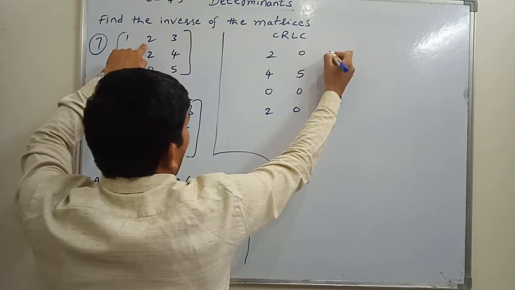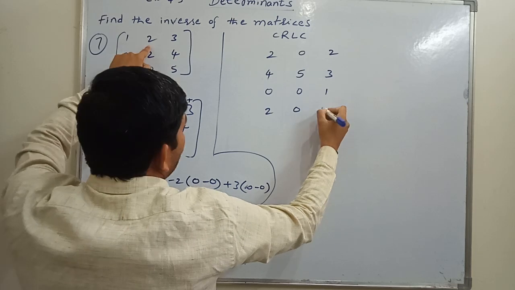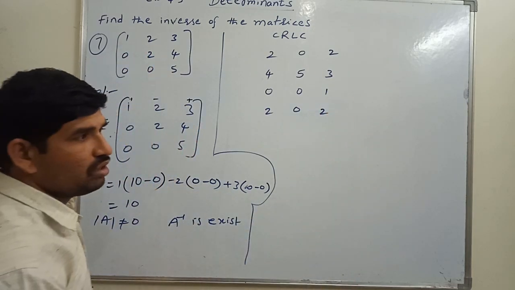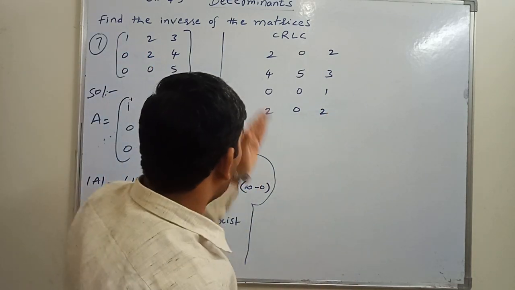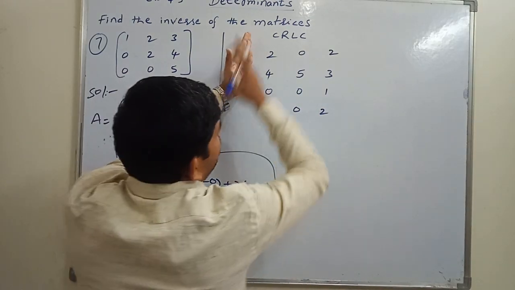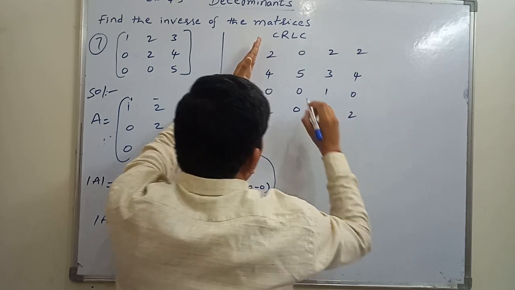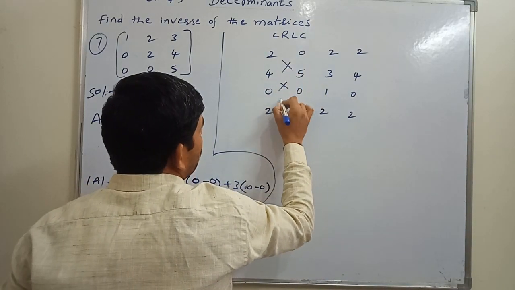And similarly we have to see the first row. The center one is having 2 and 3. Again we have to select the first one. Again we are coming here to the center. Okay, so this is a very easy one. Whatever part we have completed here, then we have to write the first column in the last. Yes. Then we have to make just the cross multiplication of this one.